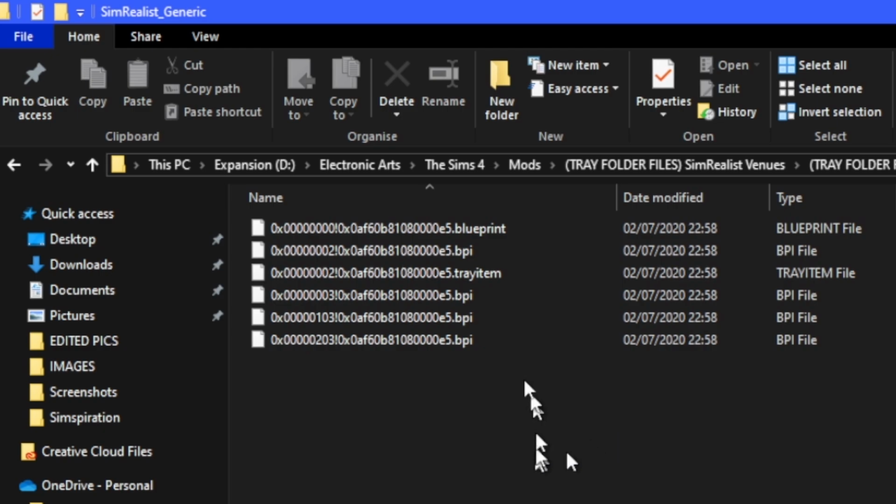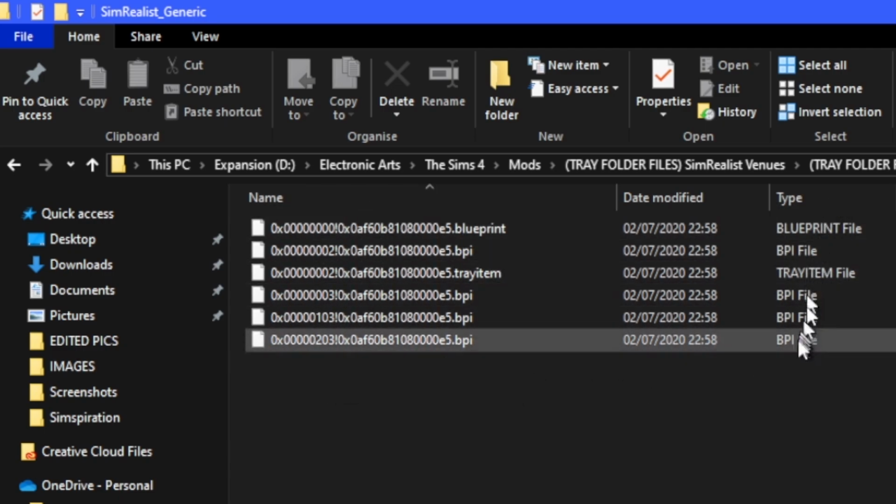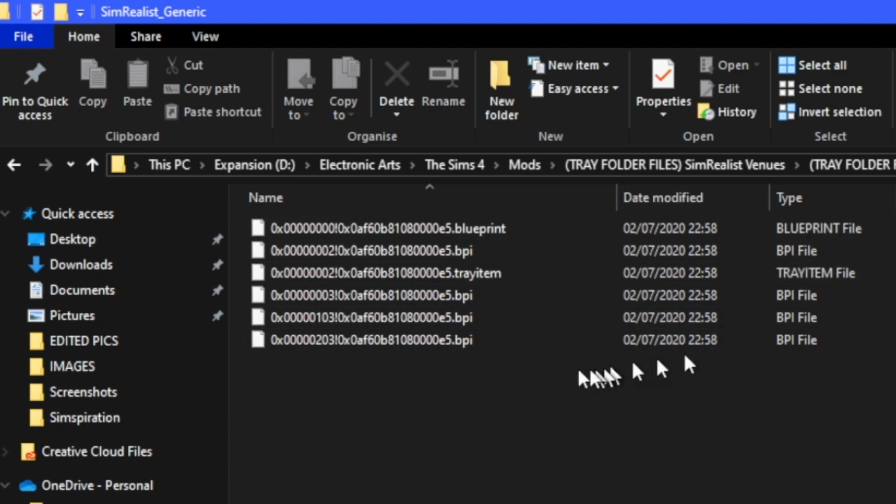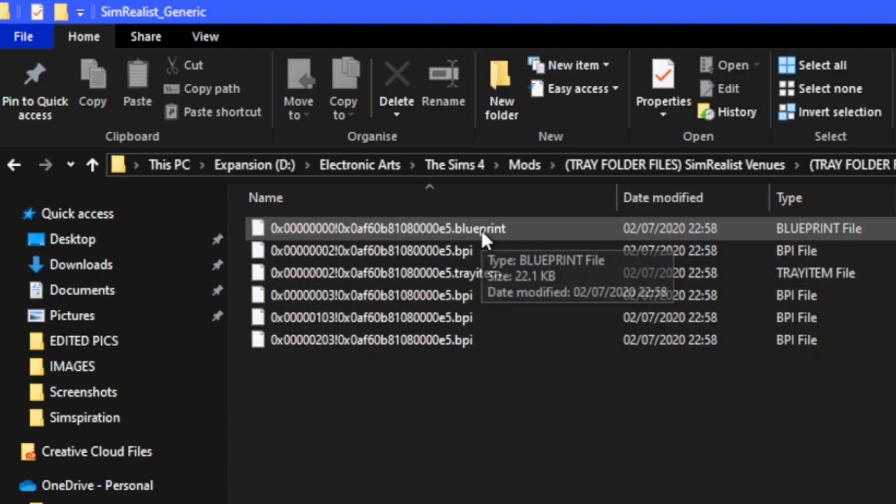So in this particular situation, we are looking at lots, and you'll find that they tend to look like this with loads of zeros and blueprint. And the household ones actually have one that actually says household. And so in order to place your tray files,